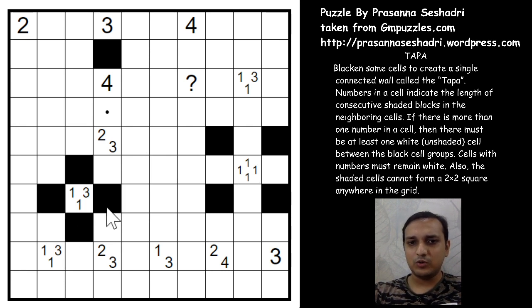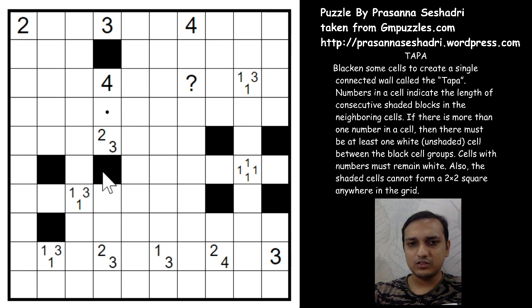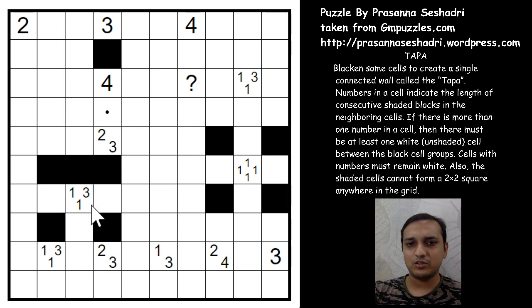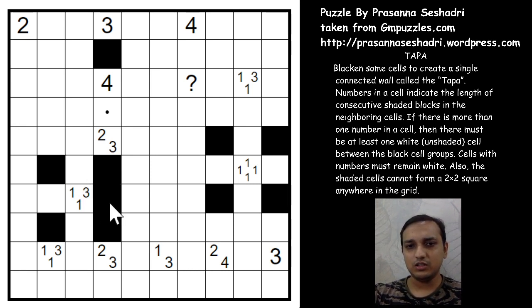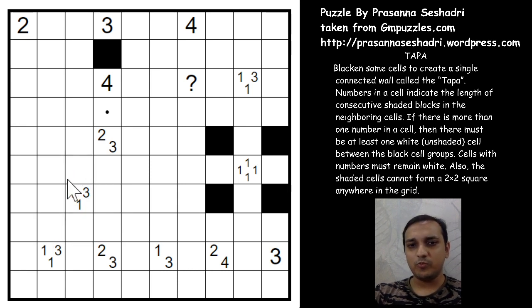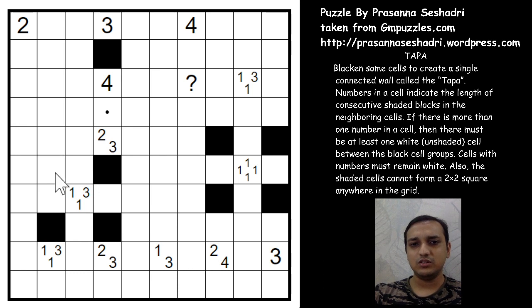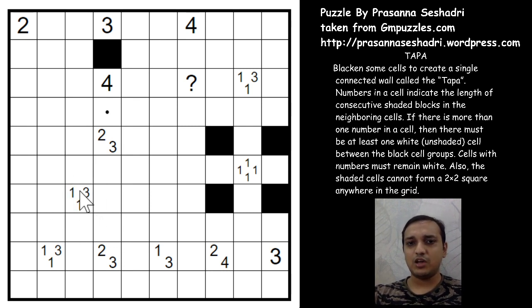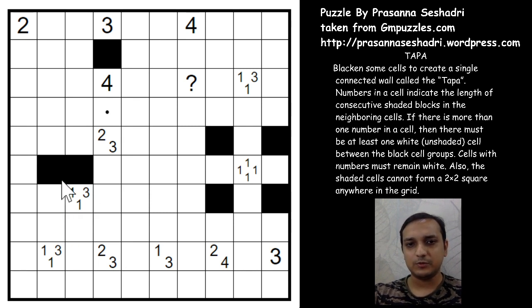You will have only 2 possible ways, one this way and other this way, but you will have one extra shaded cell in between for the 3. So it can be here or here or here or here. Same way for the other possibility, you will have here or here, here or here. So you have for sure these 2 possibilities, either this one, or sorry, this one, right? So anywhere in the grid, if you have 1, 1 and 3, you will have these two possibilities.